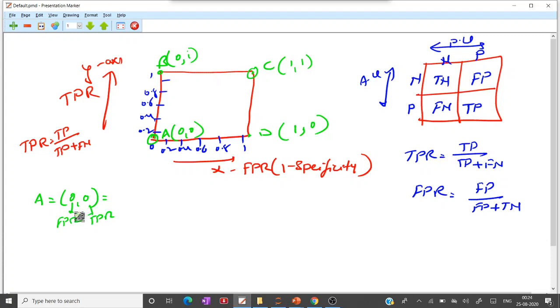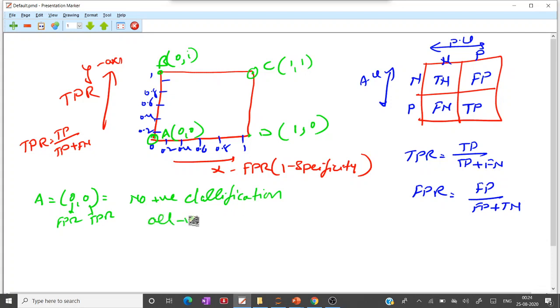So when both are 0, it represents the classifier. Classifier means model. So there is no positive classification.